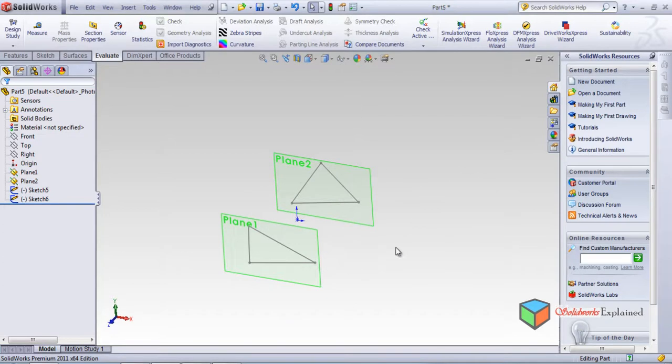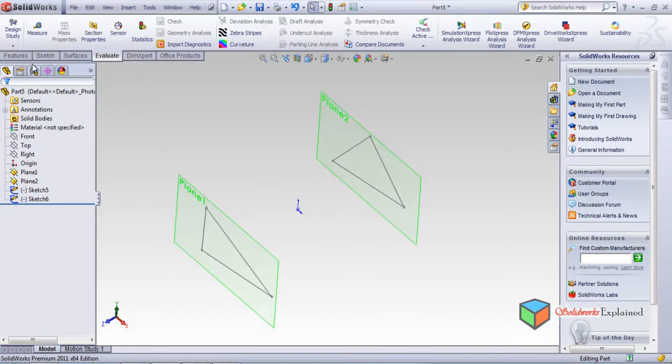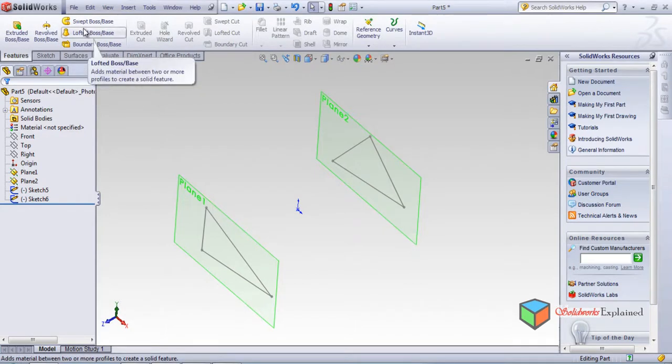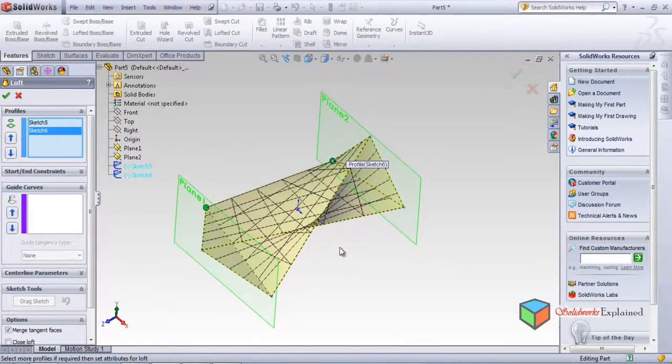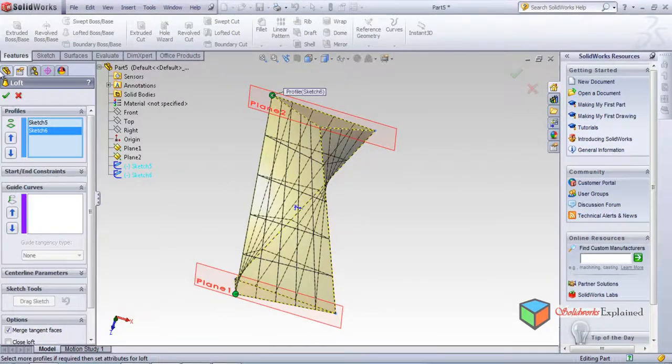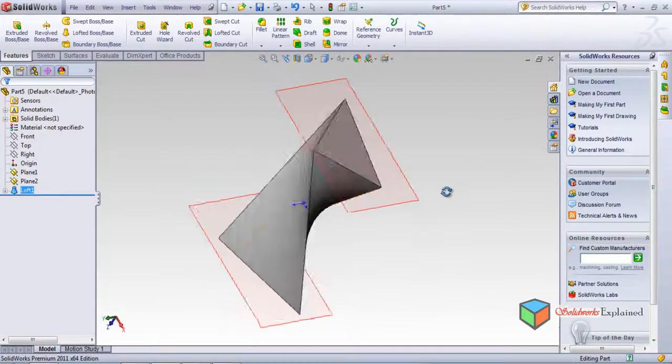Now my main purpose is to make a part between these two triangles, and the center of mass of that part should lie within the origin, both should be the same. I'll make you understand. These are the two sketches, and I will use an option called loft. With the help of loft I select the first sketch and the second sketch, and look, I have made a loft here. Now we'll check the center of mass of this loft,